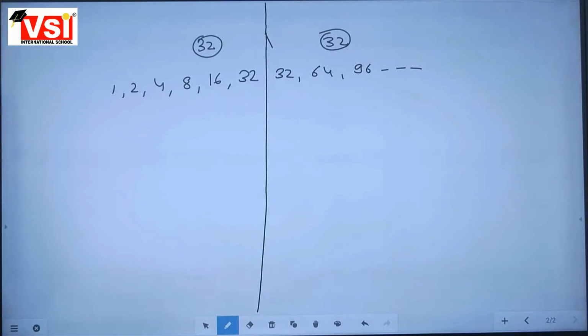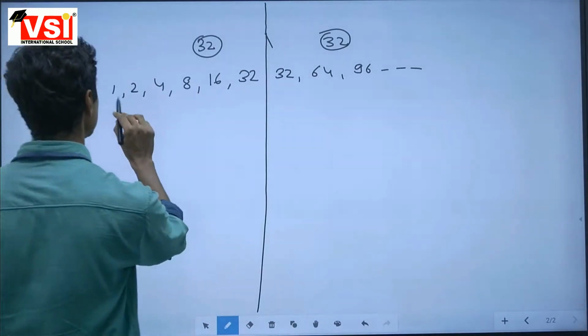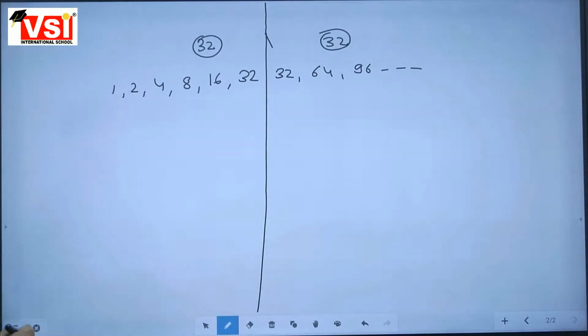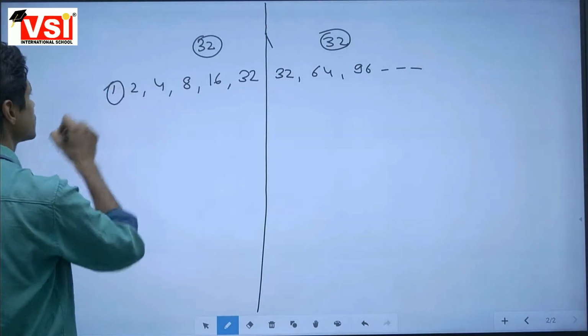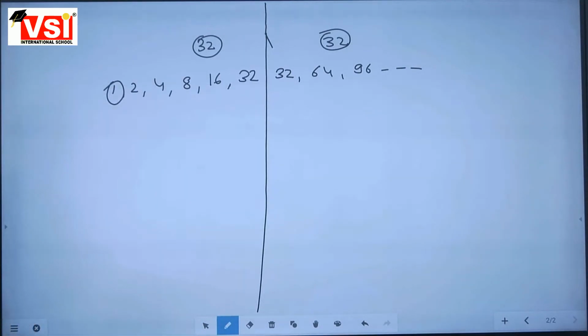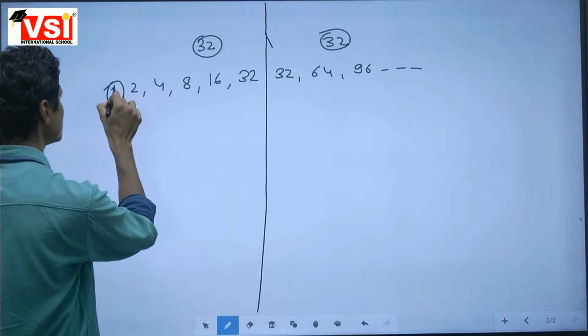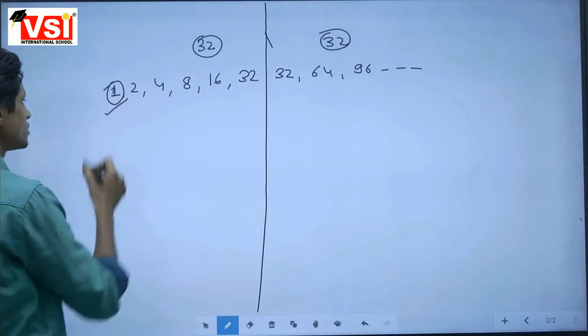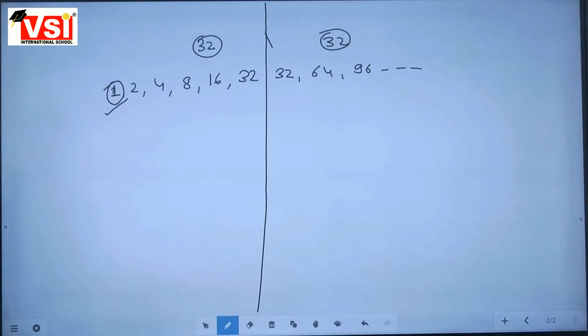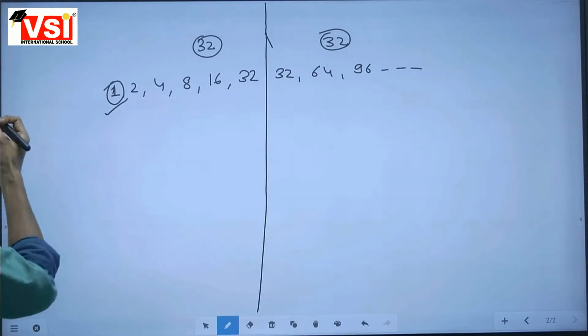So we have reached that point: there are a few factors of any number. 32 has 1, 2, 3, 4, 5, 6, just 6 factors. There is a choice whether to include 1, because 1 has no big role in finding HCF and LCM using factors and multiples, right? It's your choice. If you want to include 1 in the series of factors, you can include it, otherwise you can reject it. So factors of 32: 2, 4, 8, 16, 32. Okay.